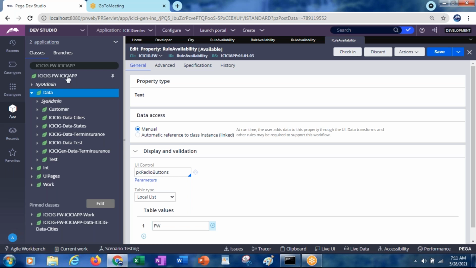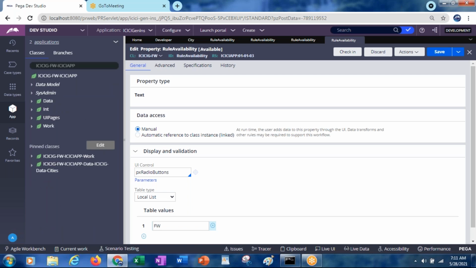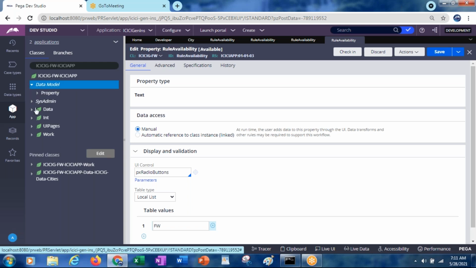So first we will see here, refreshing it. So here we got the data model. Now we have the property. Rule availability.